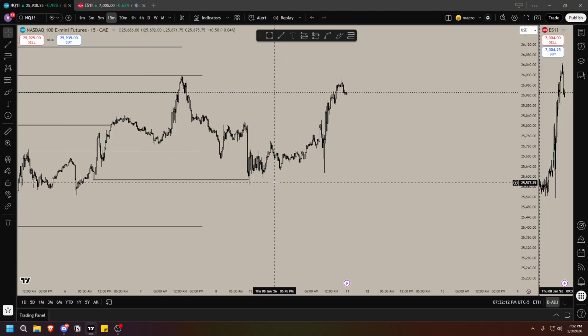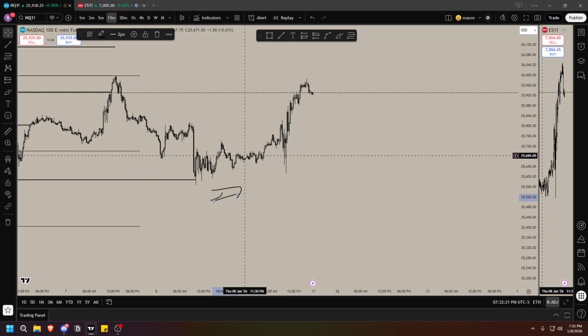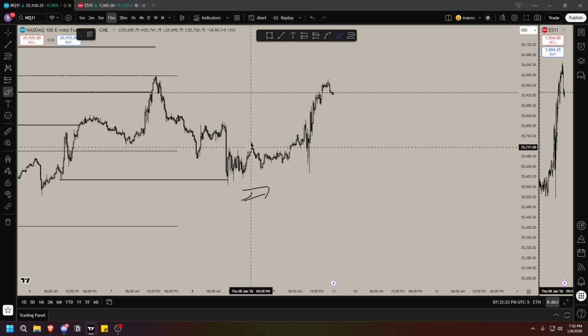After price took it out, what have we been doing? We've legit just been trading away. Price has been bullish. All right, from there, you could see that price was legit just building up, building up, building up liquidity overall. Okay, the reason NFP wasn't bearish, right? I was expecting it to be bearish.